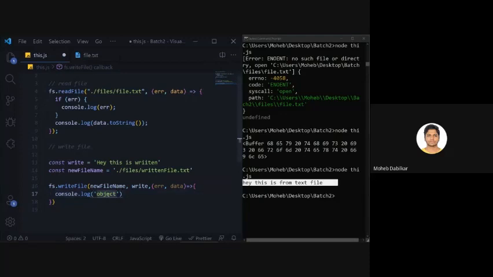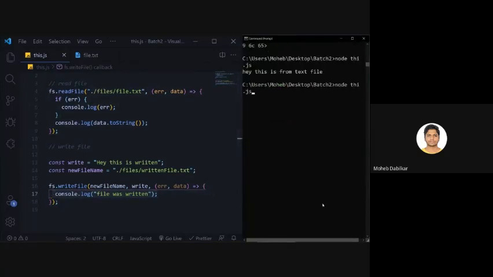Okay, so we will say file was written. If you want to read the file that was created, you will have to use fs.readFile inside the writeFile, but let's just not do that right now.